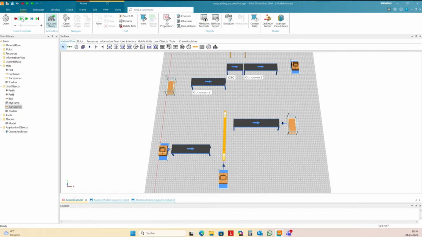So we can test it already. Transporting the part onto the transporter, and then it runs. And now I need the second sensor on the track to stop the transporter and unload the transporter on conveyor 5.